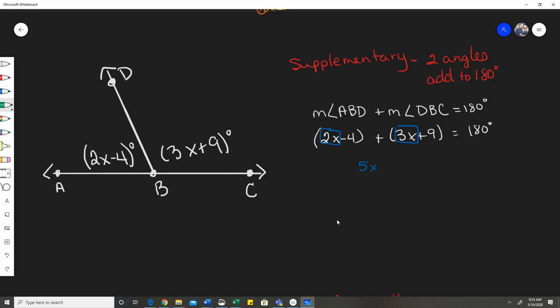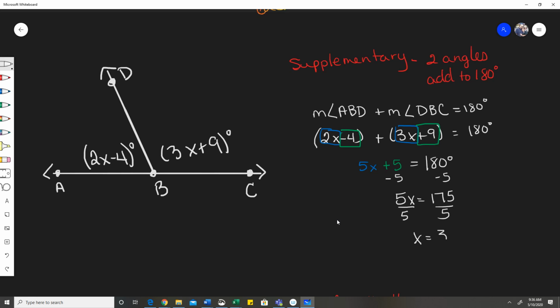Technically, we don't need the parentheses because we are just adding. But I wanted you to see that these are the actual angles that we're working with. So -4 plus a positive 9 is going to give us a positive 5. And that's 5x plus 5 is going to equal 180 degrees. We're going to subtract 5 from both sides. So 5x equals 175. When we divide by 5,